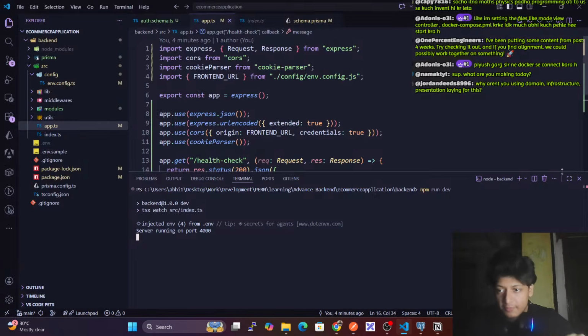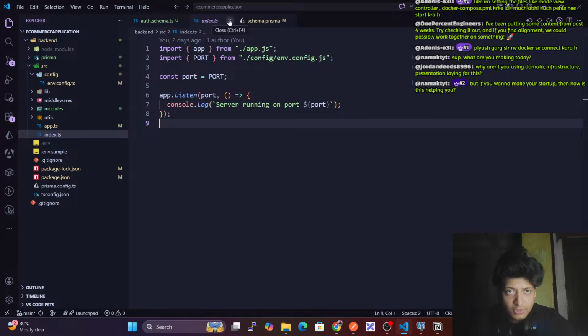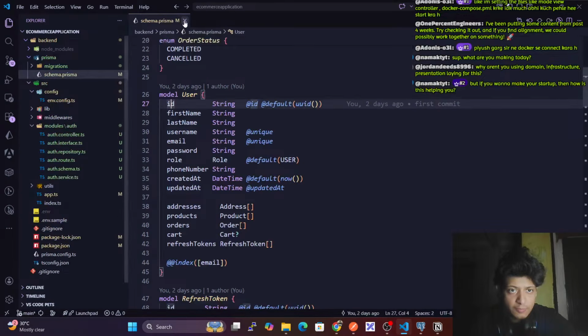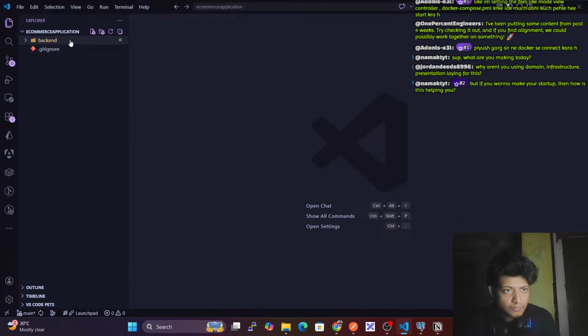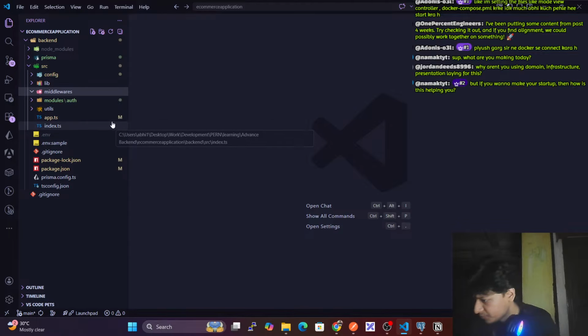All right, so before we proceed further, we have to make some global error handling also, right? So before we proceed further, backend src middleware, also we have to put a few things. Okay,